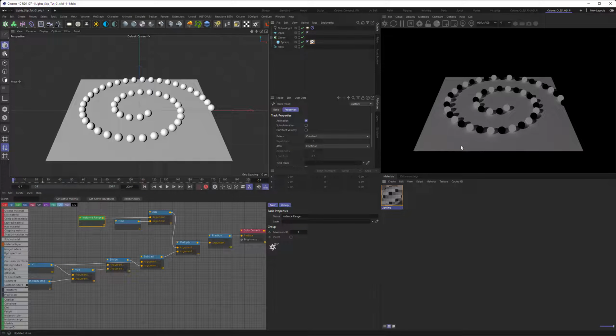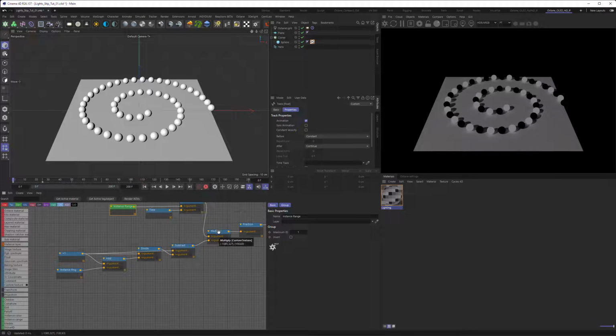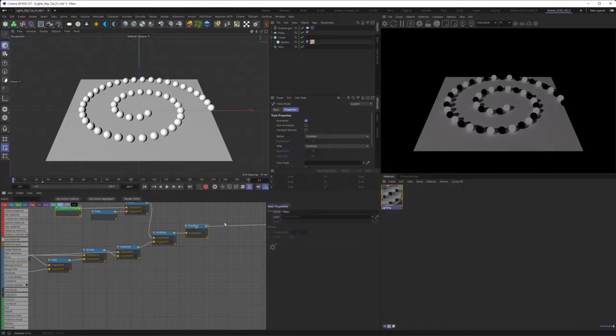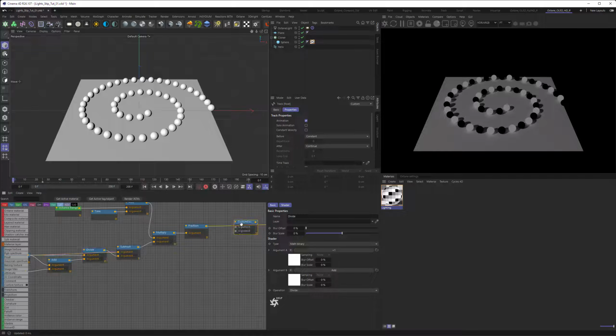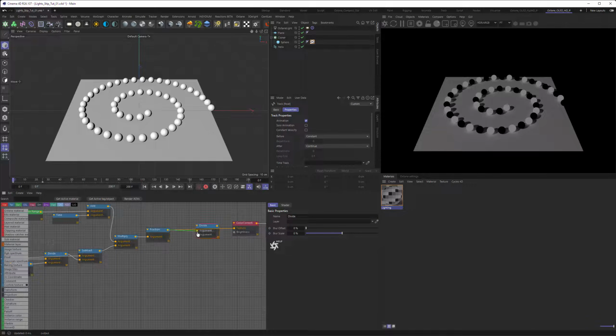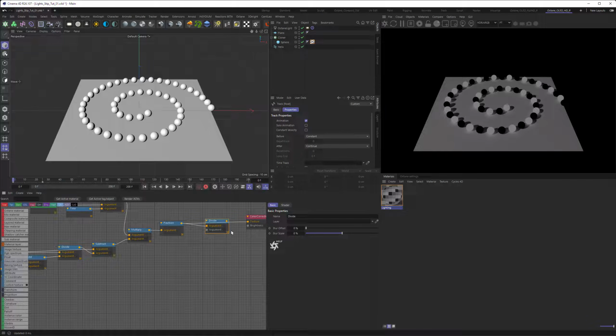So to counter that, to make this sphere always white, what we need to do is move back our fraction here and actually divide a value in here. So let's just copy our divide, and it loses its name, so we need to rename it real quick and put it in here. And what we want to do, it seems to not have worked. Okay, so now what we want to do is get the subtract value here and divide it.